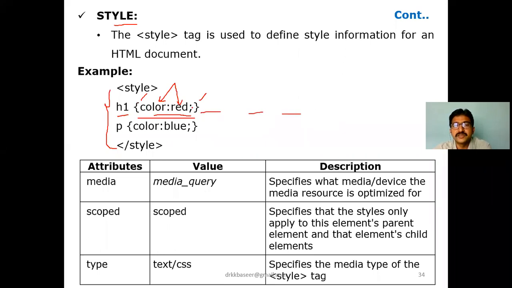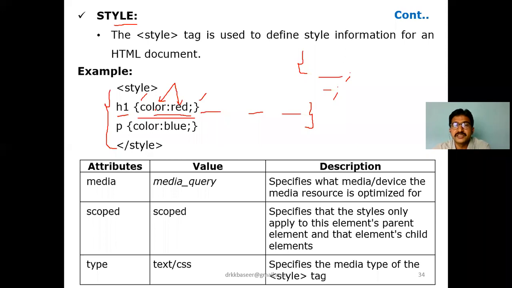So this is open braces and close braces, like a function. Inside it we define a variable, a declaration, semicolon, again a value assigned, semicolon. Each is called a declaration. In the same fashion, color colon red is a declaration that ends with a semicolon. If you want another declaration, you can use, maybe, font colon Verdana. Like this you can add another declaration. Each declaration is separated with a semicolon.